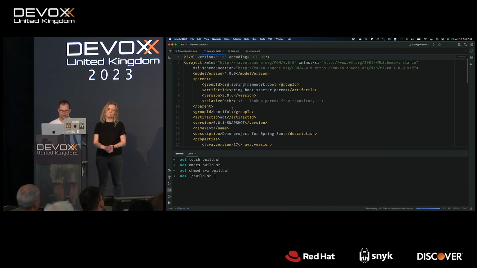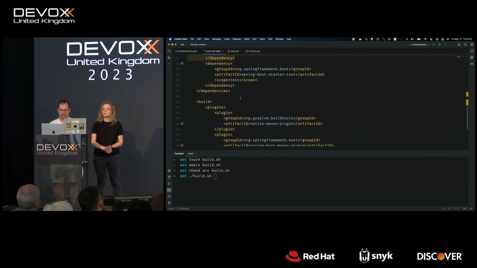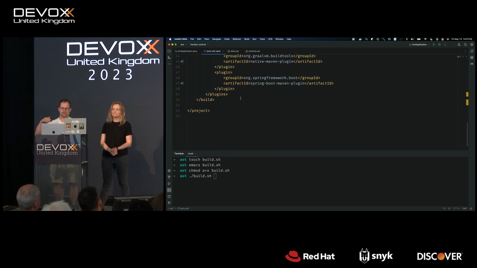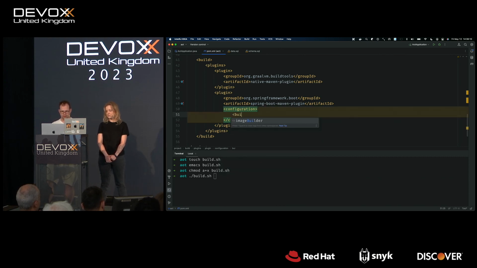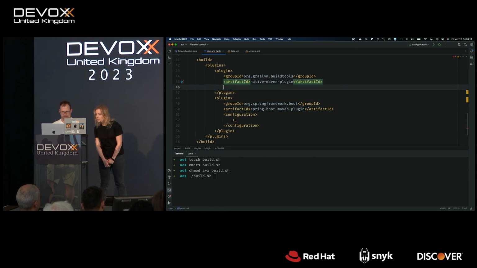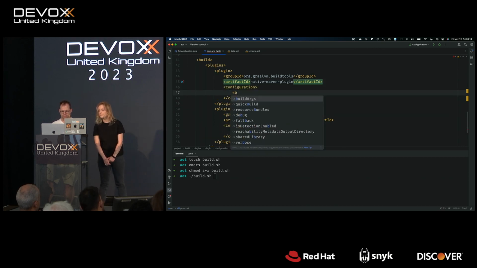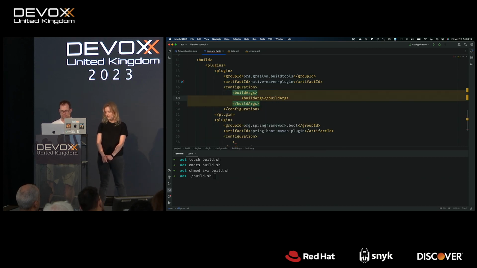There are ways you can make your... this is the thing. The GraalVM native image compilation does an analysis of all your code and all the classes in the classpath. And so the larger the classpath, the more time it takes. In my case, I've got a very small application, so it doesn't take that much time. But if you get a non-toy app, it can start to be a thing. So what we're going to do is use configuration here. And what is it? Build args. Yep. Configuration, build args, build arg -Ob.